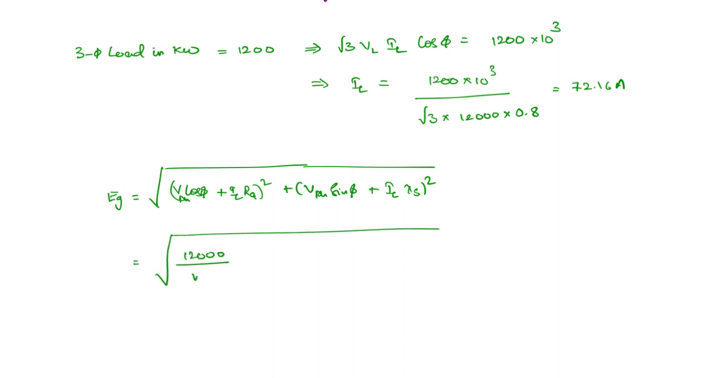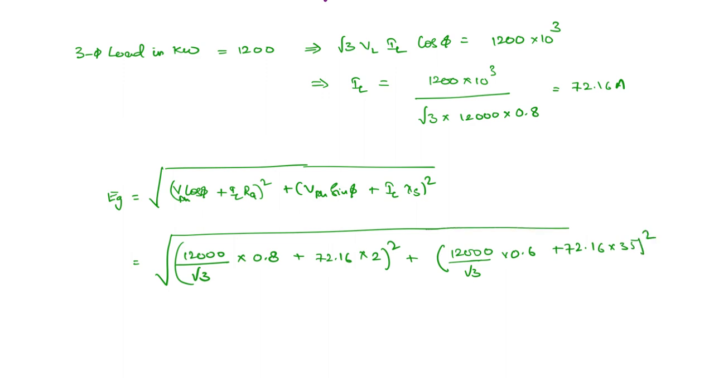12,000 divided by root 3 into 0.8 plus 72.16 into 2 whole square. The line current is same as the phase current, plus 12,000 divided by root 3 into 0.6 plus 72.16 into 35 whole square. So these are all of the values which are already known or they are given. Okay. So the final answer you're going to get is